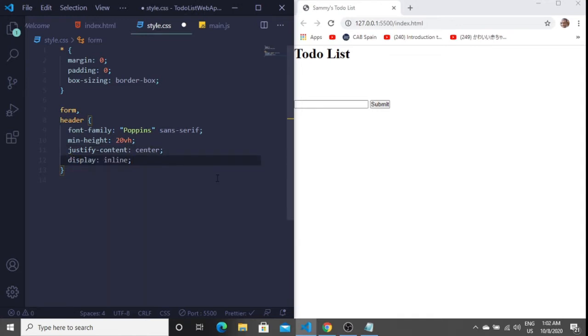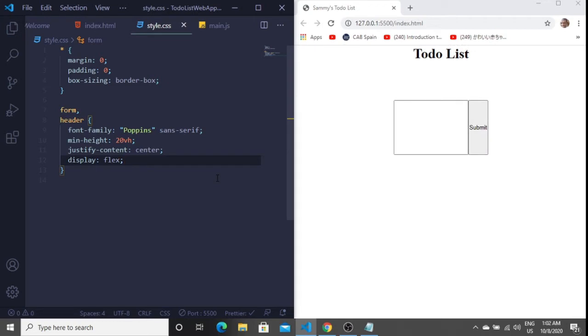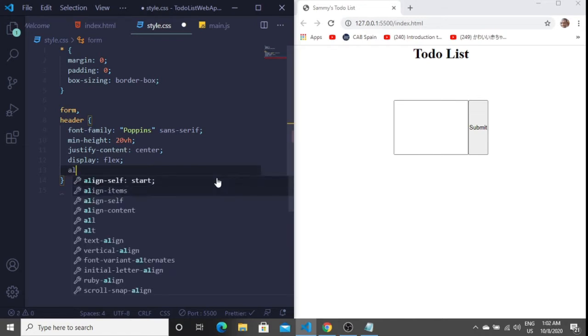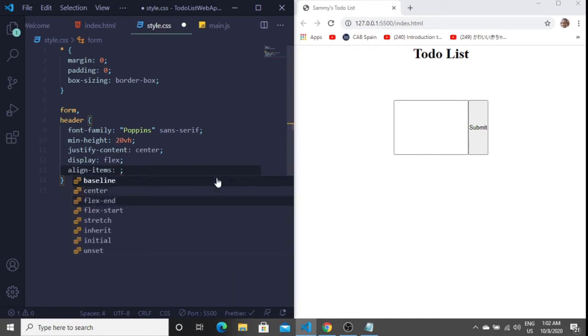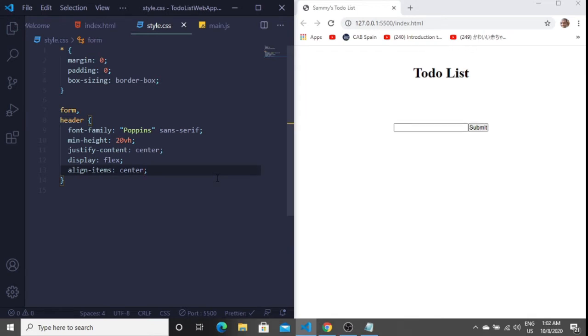Display. It's not going to be inline, it's going to be flex. You see? So now we see what the display flex does. And then align item center. So yeah, we're done with the form and the header. The next thing is just a quick,